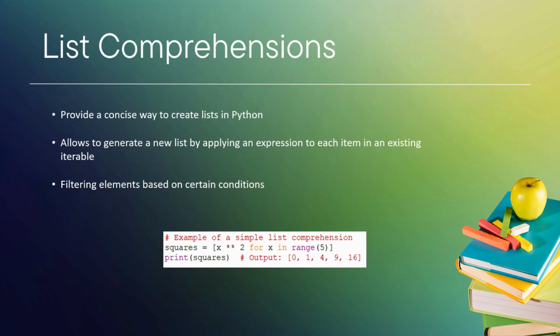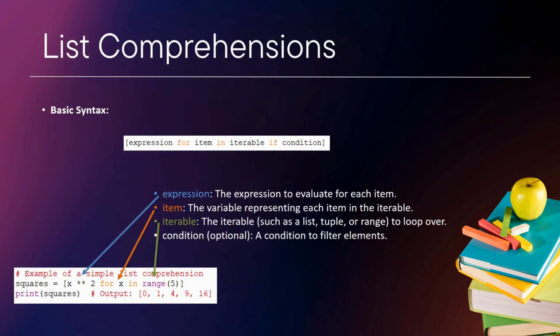So this basically provides us with another use case, that is to create lists simply and quickly, and the second is to filter an existing list quickly. Okay, so this is the basic syntax. In the square brackets we write: expression for item in iterable if condition. The expression is the first thing at the start. If you look at the example at the bottom, the expression is x squared, and then